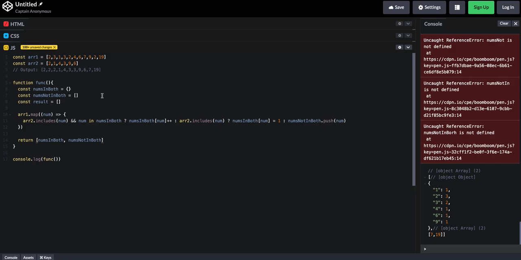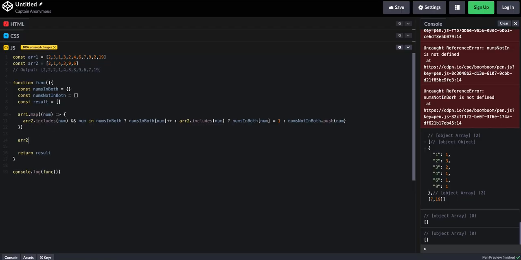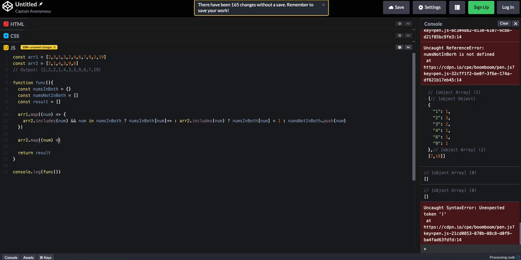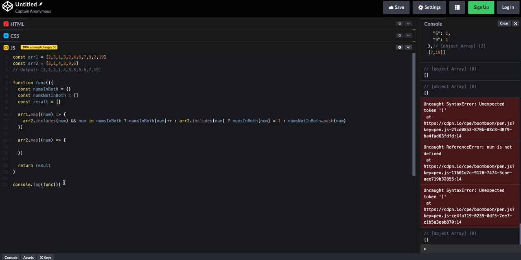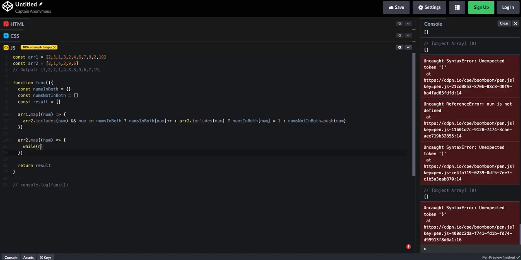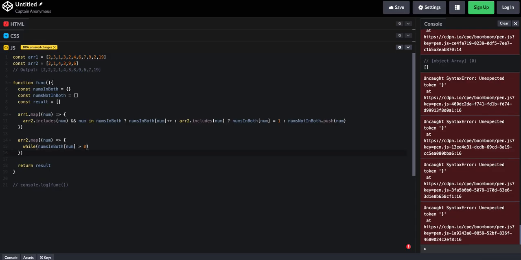Okay, so the next thing we need to do is we need to push into results each number in array 2 and how many times it occurs in array 1. We're going to use nums in both for that. So we can use the map method again to loop through array 2. And then we're going to set up a while loop. And so we're going to say while nums in both at num is greater than 0,